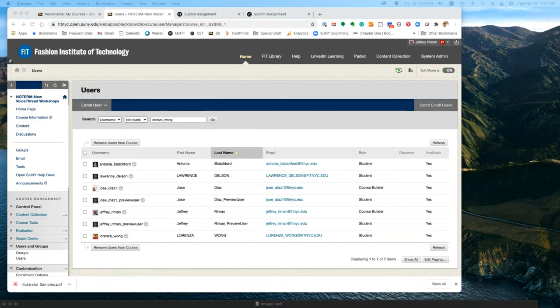So if you go to content, Lorenza, and then click on the one that says create a VoiceThread graded with gallery. That's not what shows. What shows here is event agenda outline, group 2, group 3, group 4, group 5. It's bizarre. I logged in as you, Lorenza, and I do see it. Make sure you're in no term new VoiceThread workshops, the last course all the way down at the bottom.